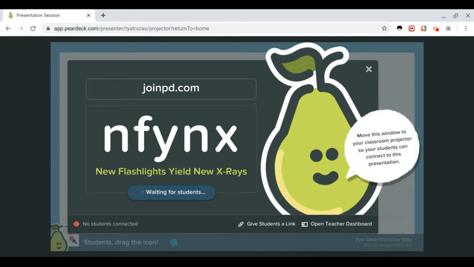Again, I'm going to be using joinpd.com. It seems to be the most interactive program or website that I've used so far, and it's easily accessible to anyone who has internet. It can be on your phone or your laptop. While it says that it's waiting because there's no students currently logged in, I'm going to join as if I was the student, so you can see how I would be